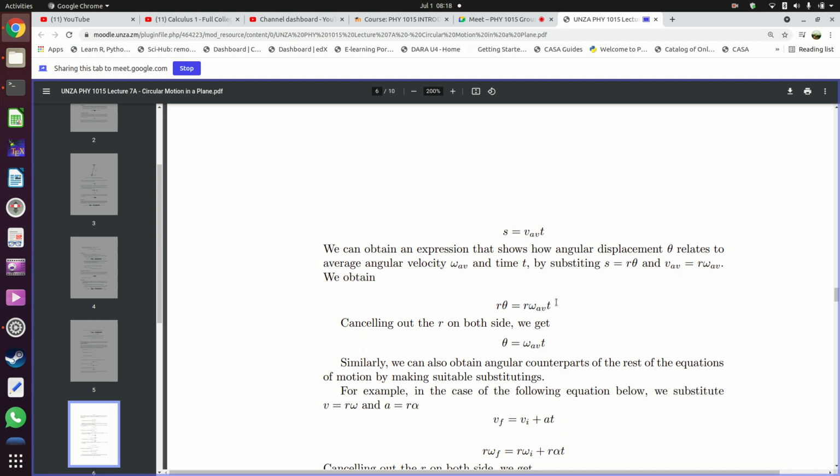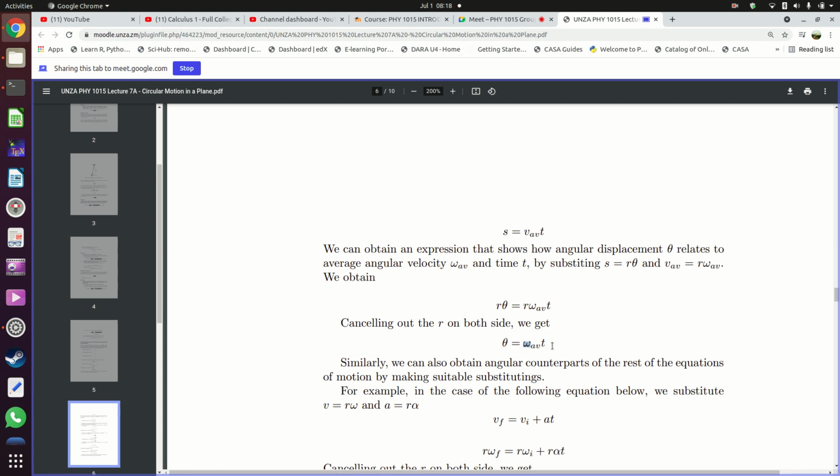There is an r on this side and an r there, so we can cancel out the r's. When we cancel out the r's, we end up with theta is equal to omega average